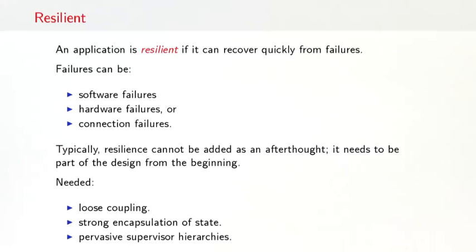The third property of a reactive system is resiliency. An application is resilient if it can recover quickly from failures. Such failures could be software failures, such as throwing an exception, or hardware failures, a computer going down, or maybe connection failures, an internet connection going down. Typically, resilience cannot be added as an afterthought. It needs to be part of the system design from the beginning. Important techniques for constructing resilient systems are keeping your components loosely coupled, having a strong encapsulation of mutable state,